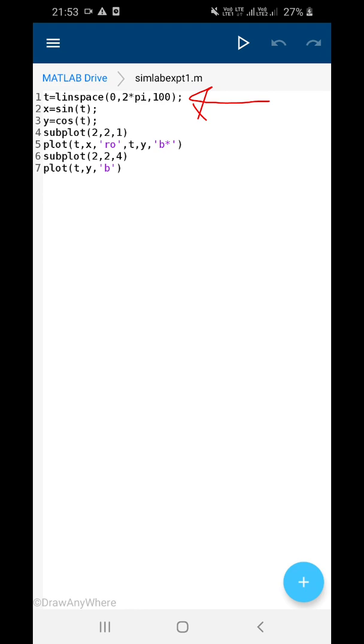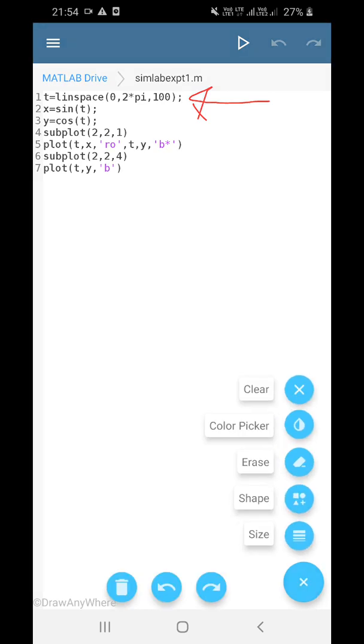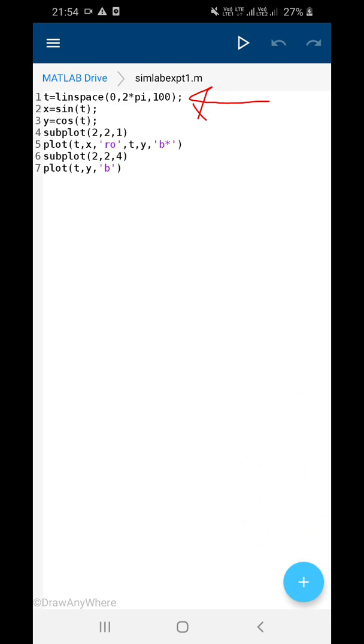Okay, so you can give just student name is equal to sin of t, student 2 name is equal to cos t, whatever it is. So you can give any name to your function. So x is equal to sin t is one function and y is equal to cos t is second function. So what you can do, you can separately see those graphs in the same window, or you can overlap those graphs. Okay, so first of all let me explain this subplot window to you. Subplot, okay, you know that using the plot command you get this space.